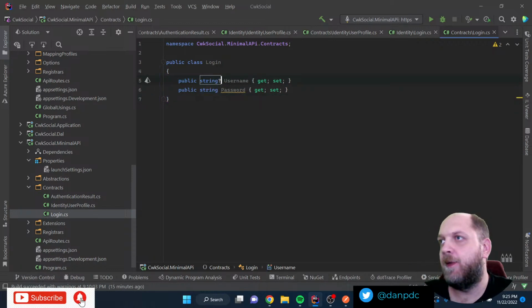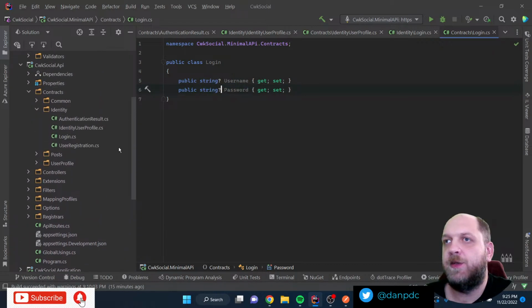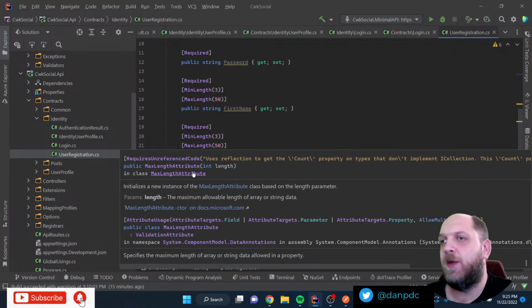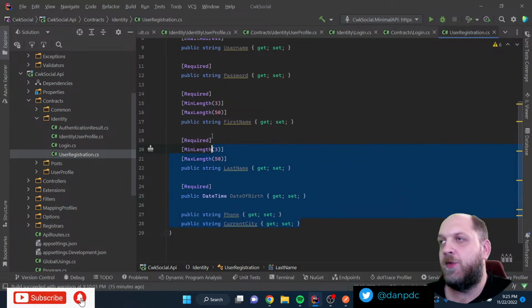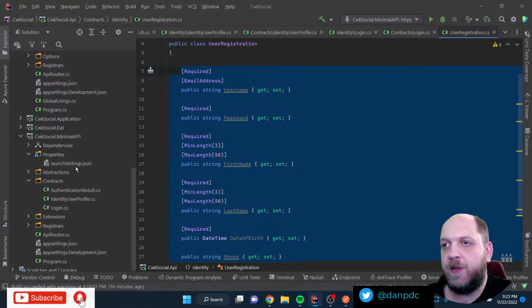Let's make them also nullable reference types so that we don't get this information. No, user registration, I guess that's what we use. That looks better. So we still have to figure out why we use the identity user profile, because that's the one that we use when a user wants to register. So that's the body that's used. That's okay. Identity user profile is what we return, I guess, when somebody logs in. But we'll see. Cool. So we have this user registration contract.